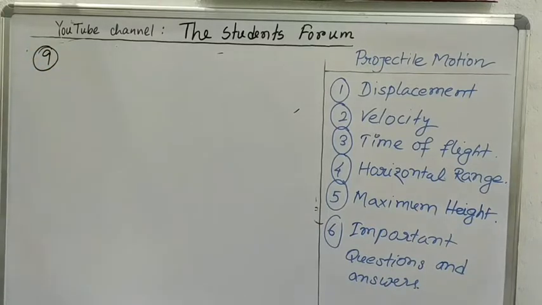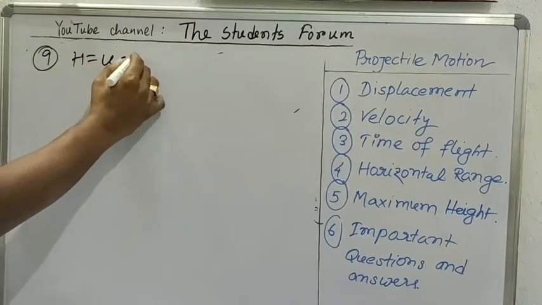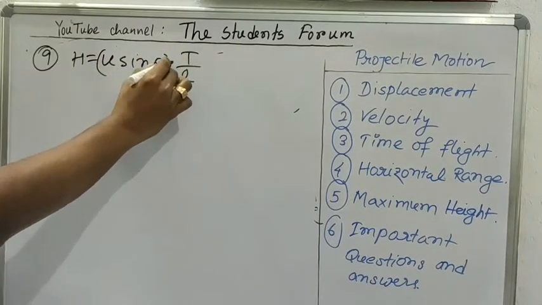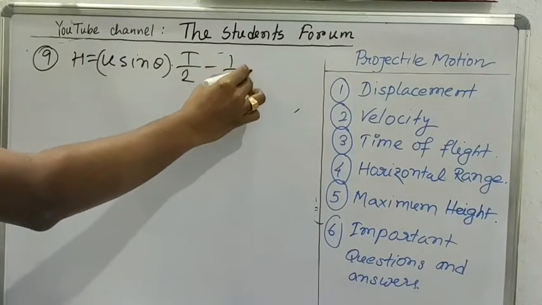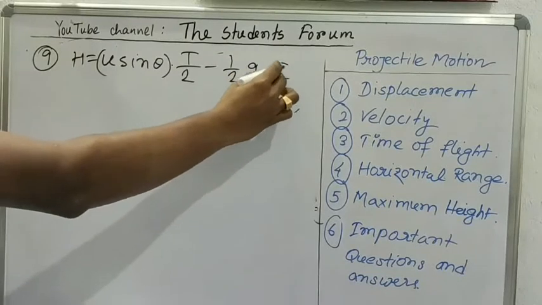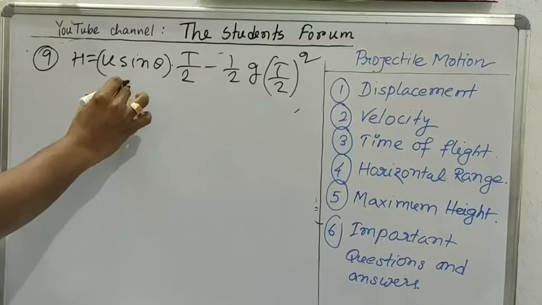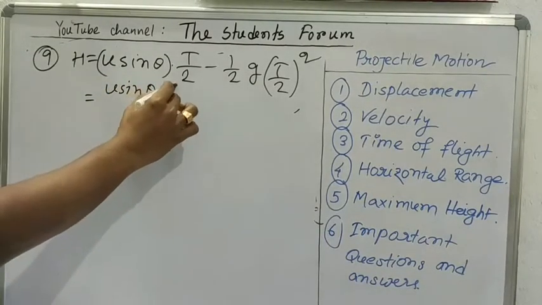Maximum height is given by h equals u sin theta, the vertical component of velocity, into time, that is t by 2, minus half g t square. Okay, so if we put the values, u sin theta into t, the value of t is 2 sin theta